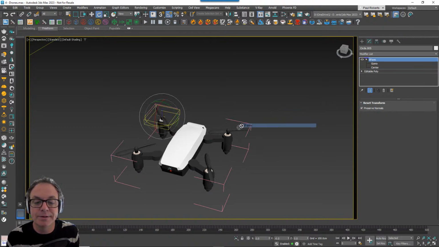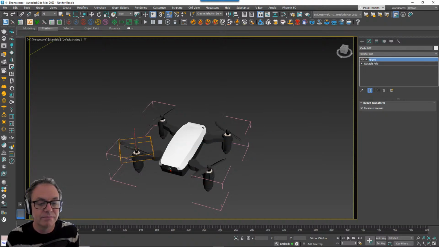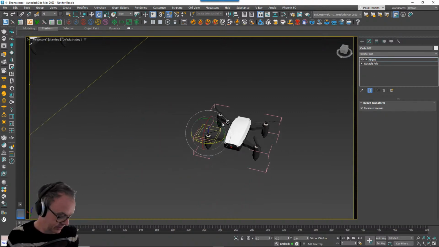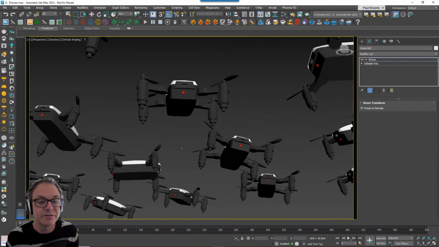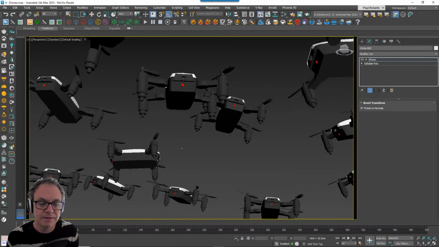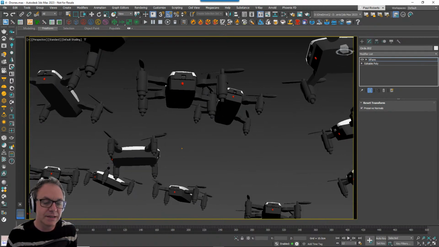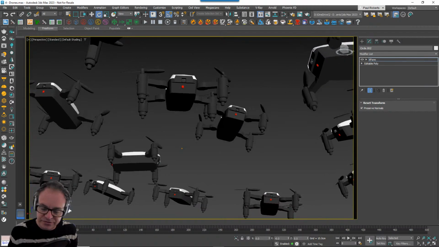So that should turn now. Great. And then we can copy that across to the others. Like so. So now I've got animating propellers. And if I come back to here, then they should start to move. Yes, you can see now those propellers are moving. So that's how you can get transforms working in Forest Pack, basically. And I've used propellers in this case, but that pretty much applies to anything. If you want to animate something moving, then this is the way to do it.